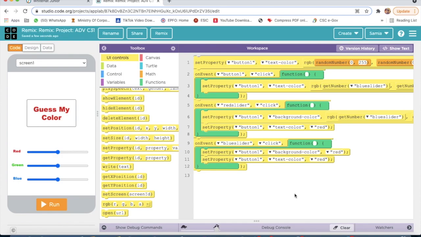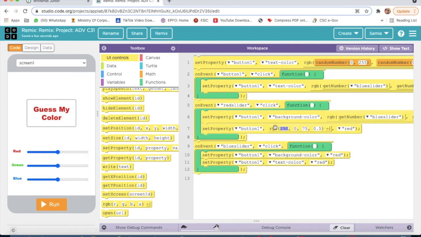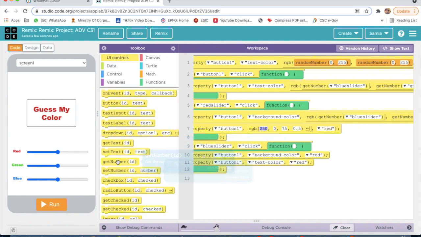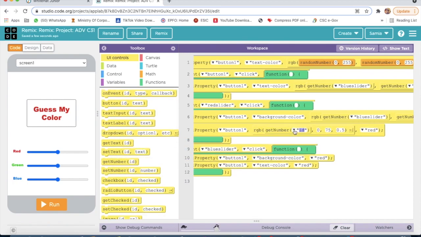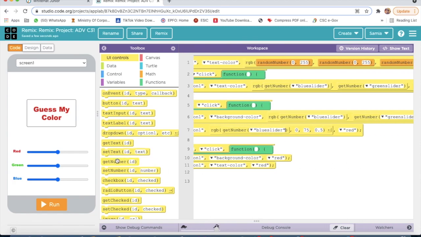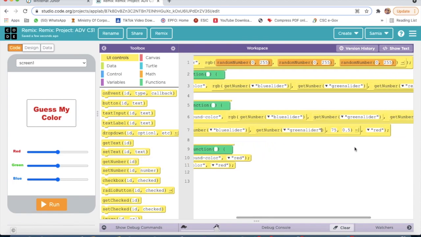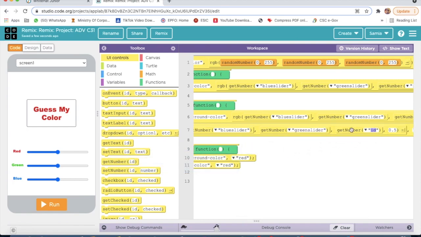Before that I will work on this text color. For that I have to take RGB, and after that get number. Here I will select blue slider, then again get number, green slider, again get number, red slider.